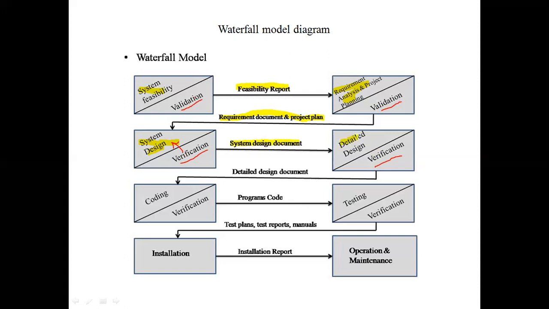The next phase is detailed design. Here you will study the design produced by the system design in detail, verify it, and again produce a detailed design document and pass it on to the next phase, which is the phase of coding. Now, this is a very familiar phase to us as we all develop systems, code, and programs. So, nothing new needs to be told about the phase of coding.